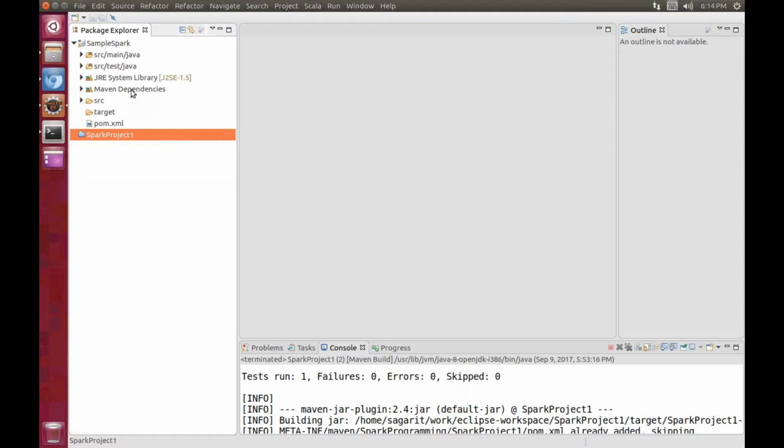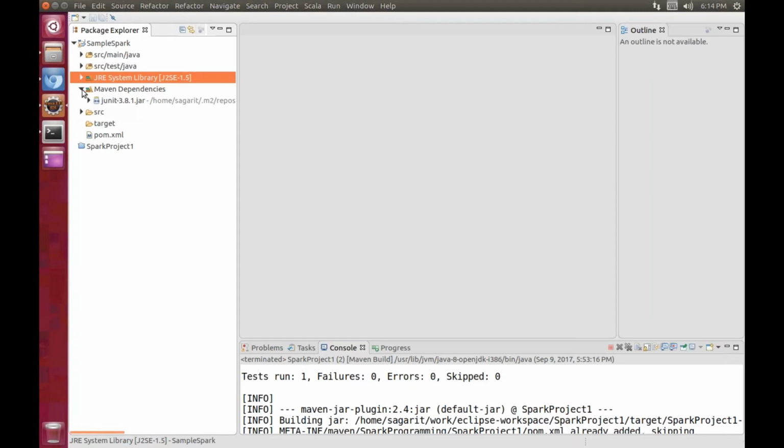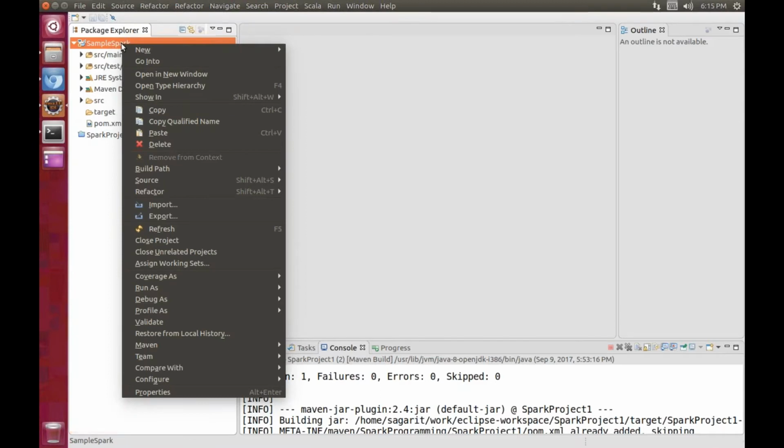Now, if you observe clearly here, this is the project name and this is the library this project has now: the JRE system, that is the Java library, some Maven libraries, and some JUnit jar file, that's it. But what are we trying to do here? We are trying to prepare a jar file for a Spark Scala project. So this project should have the Scala library as well as the Spark library in addition to this Java library. So how to include these two libraries in this project? First, we shall add the Scala library to this project.